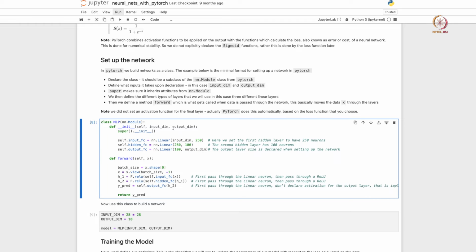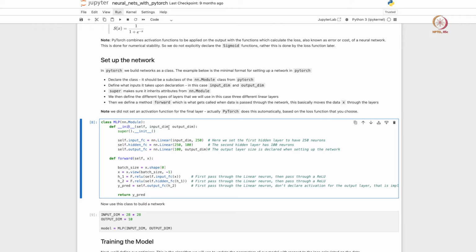So as I mentioned before, we have to be a little more detailed compared to Keras when we use PyTorch. So we have to declare a class, and the class is going to be our MLP, and whenever we are going to create a model, we are going to create an instance of this class, right. So the MLP itself has an initialization function here which takes in input and output dimensions. So when you declare an instance of your MLP class, you have to feed it in how many input dimensions you have and what is going to be your output dimensions.